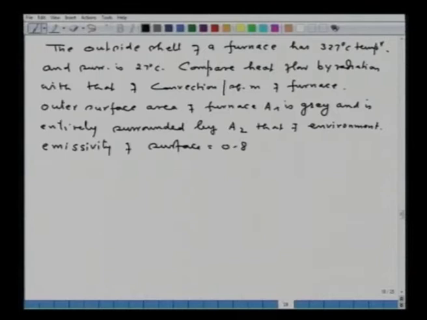Now, to illustrate this particular formula I mentioned, I will write a problem. The outside shell of a furnace has 327 degree temperature and the surrounding is at 27 degree Celsius. Compare heat flow by radiation with that of convection per square meter of furnace. Outer surface area of the furnace is completely surrounded by the environment, and emissivity of the surface let us take equal to 0.8. Now, here again you have to invoke, first of all you have to calculate the value of F,